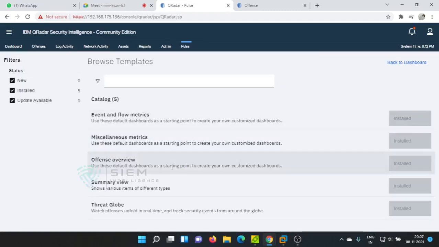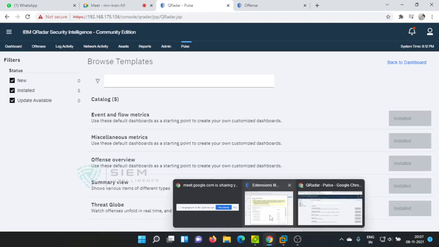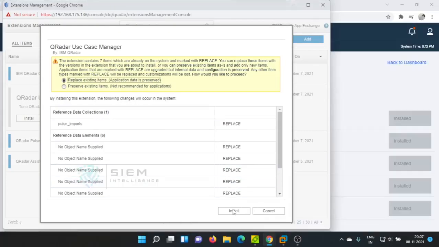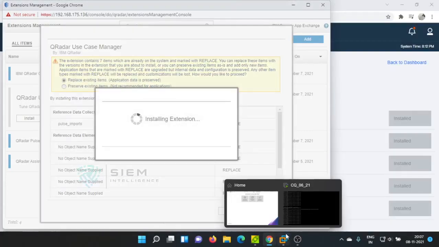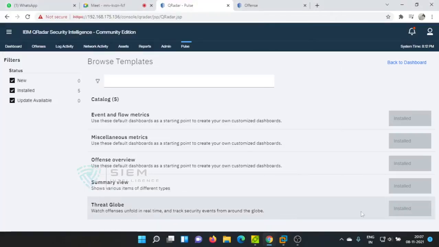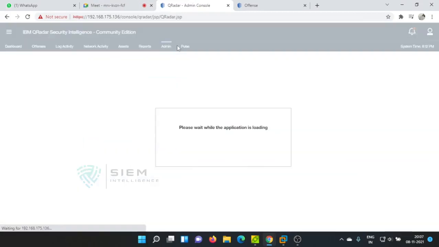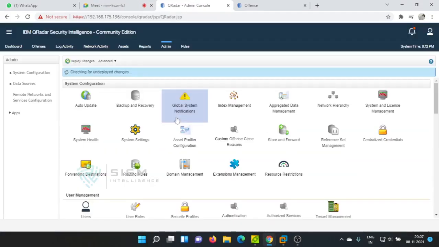Some applications provide their own templates, like use case manager will provide the template here to install. Once you install the use case manager, you will get this particular template here. You just click here to install, and you will get a new dashboard directly without asking anything. So I am waiting for that.